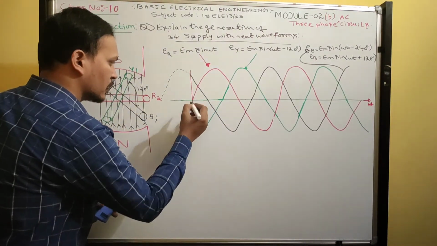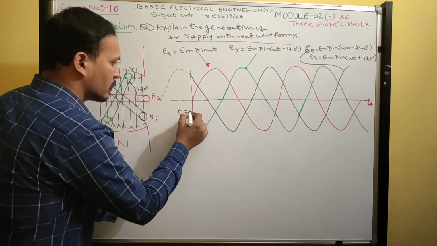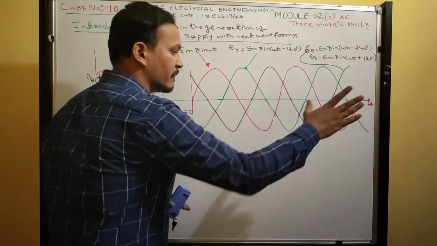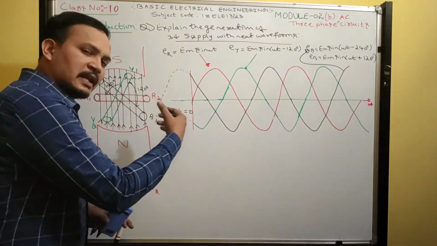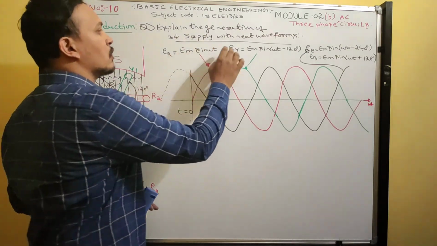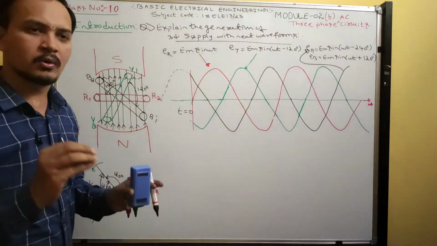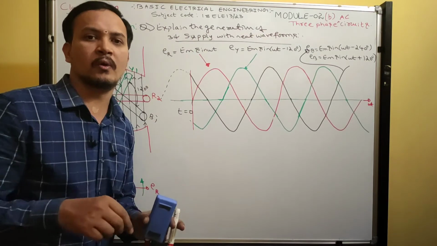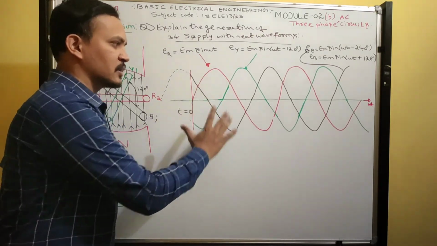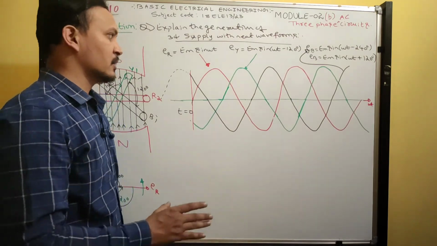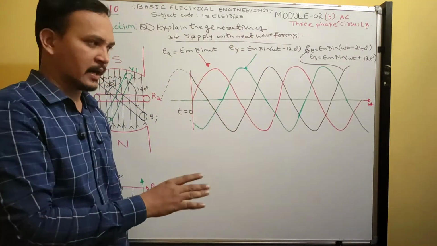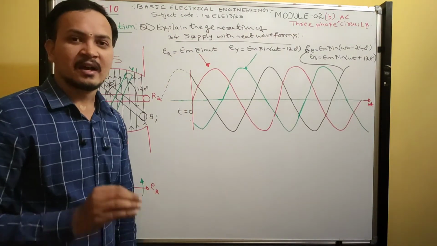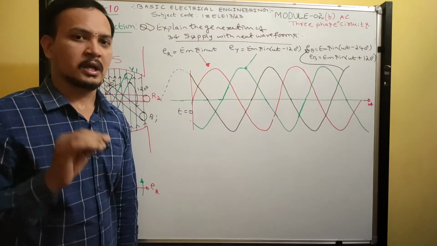But look at here. Next, another important one. When t is equal to any instantaneous time, you take any instant of time, simply add all the voltages induced in each and every phase. The resultant voltage you should get is 0. Then only you can say the above supply system is balanced. If by adding ER, EY and EB at any instant of time you don't get 0, then the supply system is unbalanced. Got it? Make a note of this point. In viva they will ask.